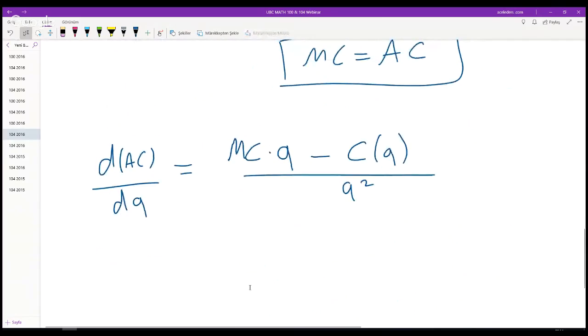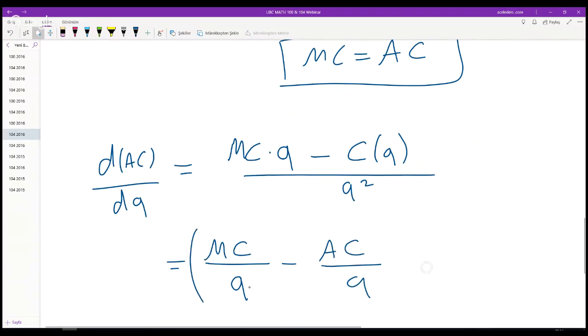It was what I have found: the first derivative, marginal cost over Q minus average cost over Q. And if I differentiate again,